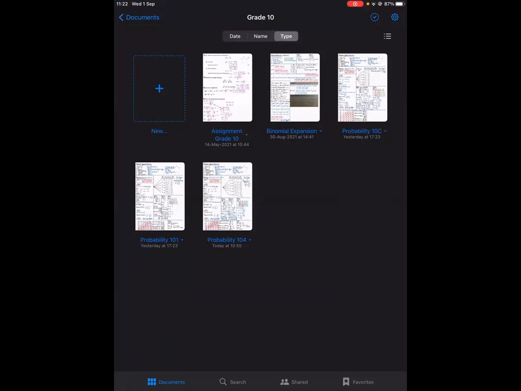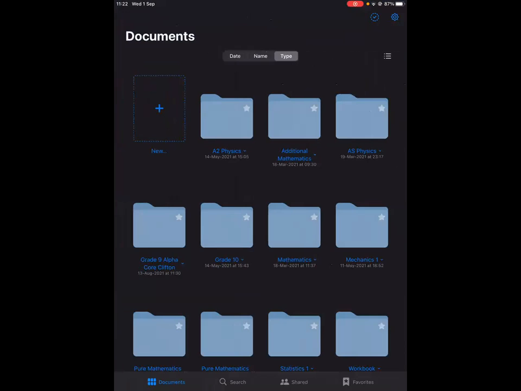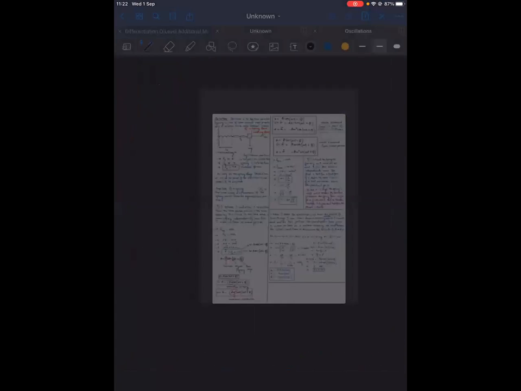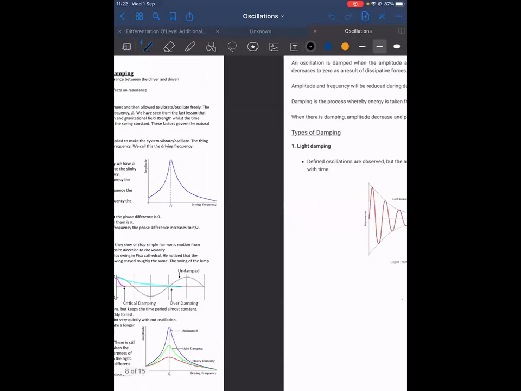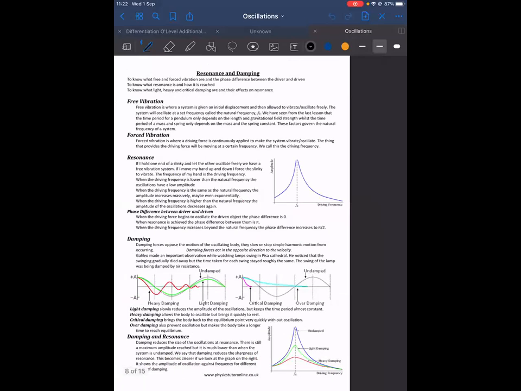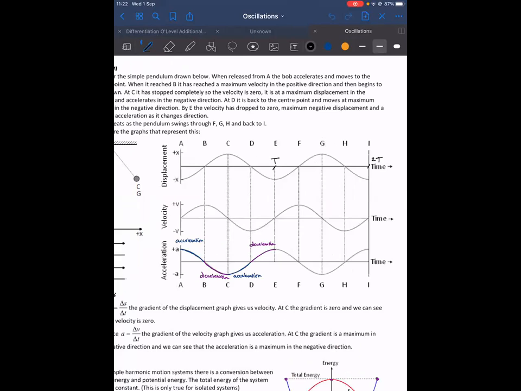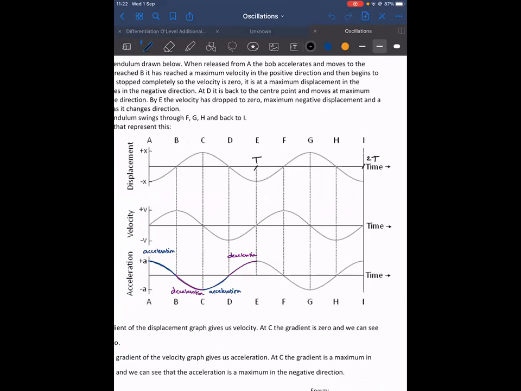अच्छा भाई, जो हम थे A2 फिजिक्स, we're doing oscillations. अच्छा, जो हमारी डिस्कशन हो गई थी, let me explain you now the graphical representation of the variation in displacement, velocity and acceleration with respect to time. ठीक है ना? तो ये आपके पास ग्राफ्स जो है ना वो शो हो रहे हैं स्क्रीन पे ना।